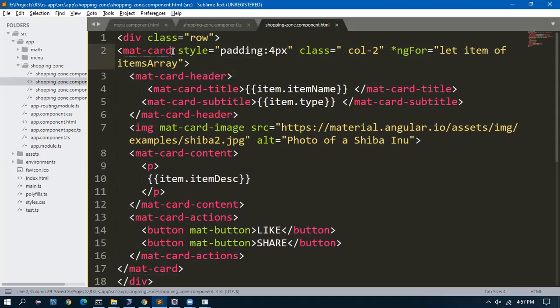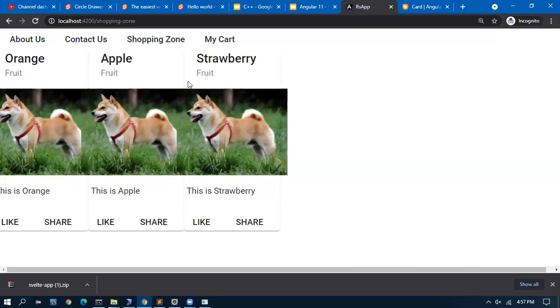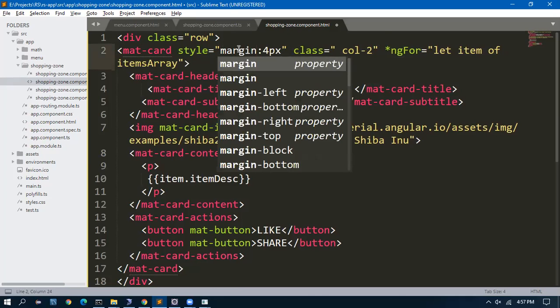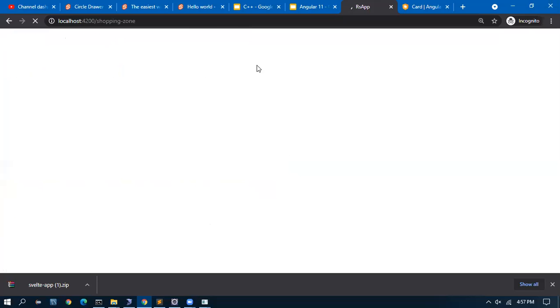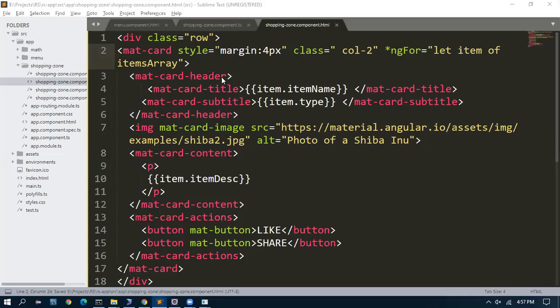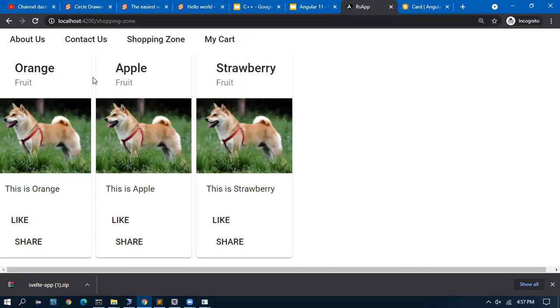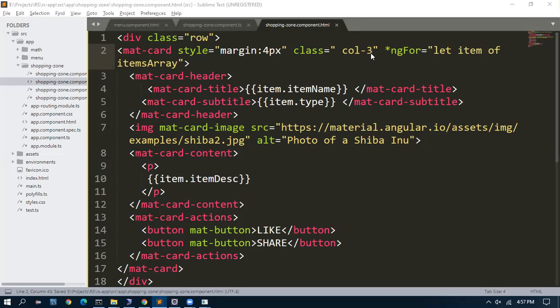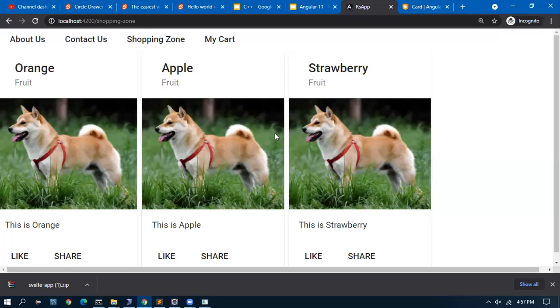If I go padding 4 pixel and no padding, I'll go margin. It all moved a little bit. I'll increase this. Instead of 2, I'll make it 3. It is looking very small. Orange, strawberry. So we have the items now.